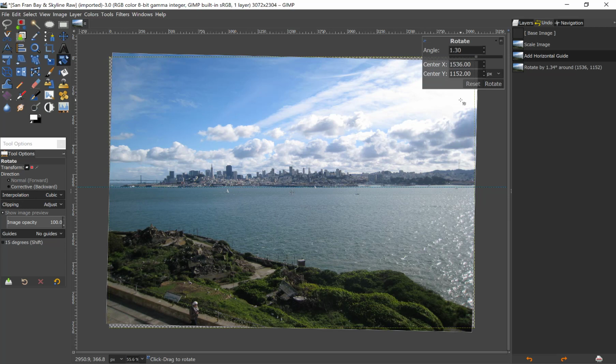I have the line right through the land on the left, right underneath the center point where I wanted, and there's a little bit in the far right of more water back there, and by perspective that's going to be a little further back, a little higher. So I think that's a good rotation. All I have to do now is press enter on the keyboard,